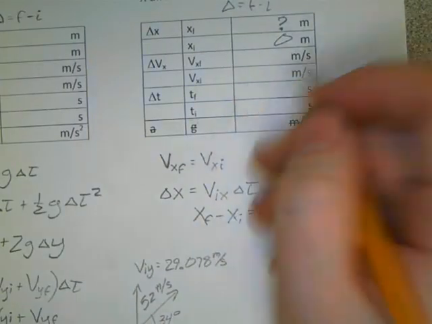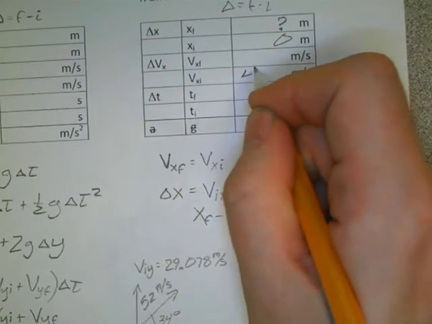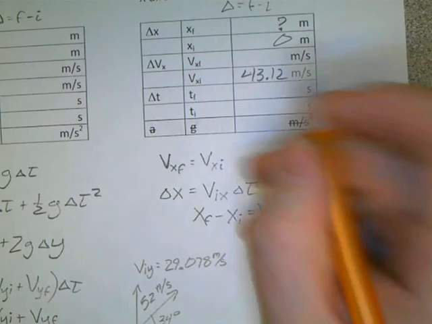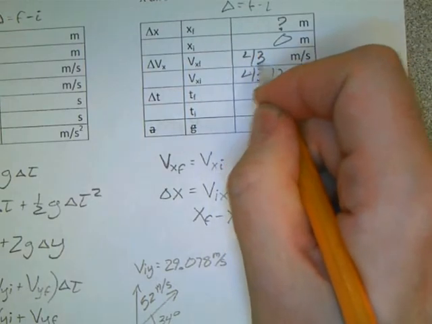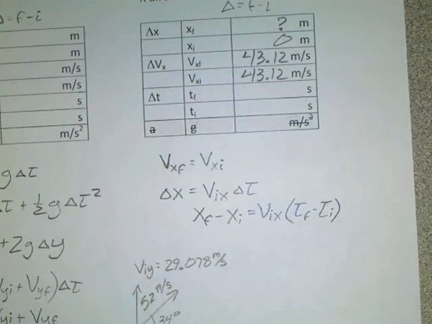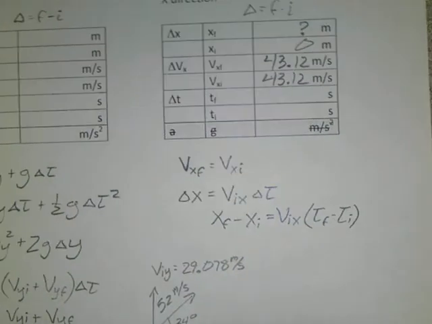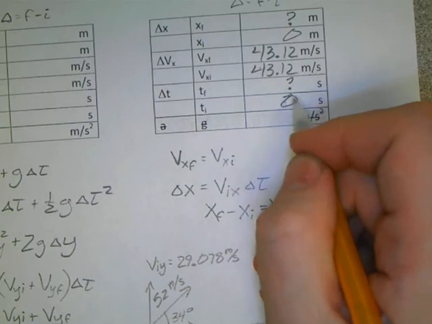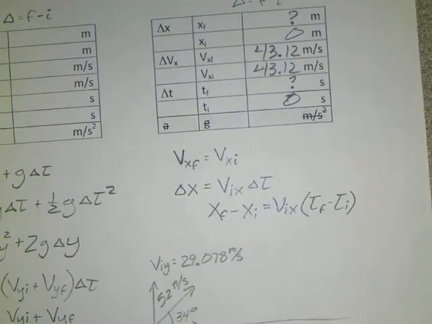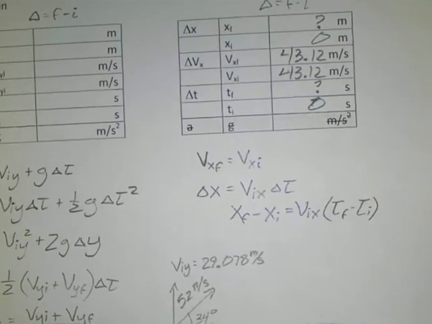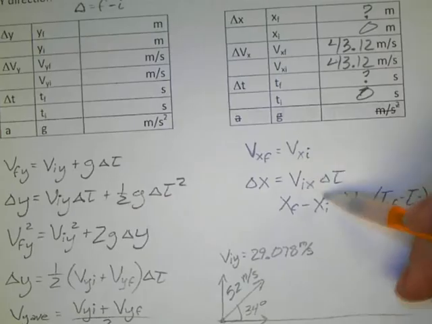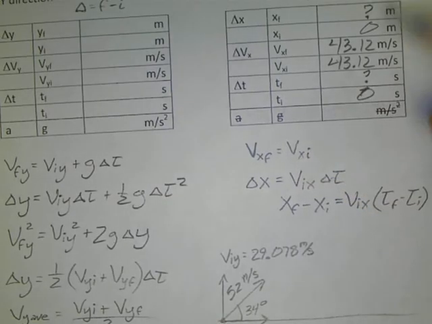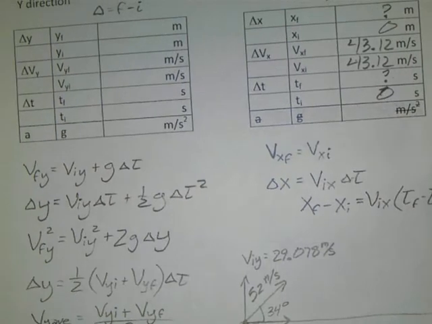Its initial velocity sideways is 43.12, and it's going to continue to do that all the way, so its final velocity is 43.12. I don't know its time. Well, I know its beginning time is 0, but I don't know its final time. So I don't have enough information to use in this equation on this side. I don't know the time yet, so I'm going to have to pop over to the other side,